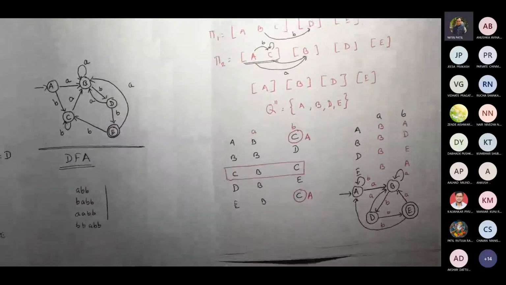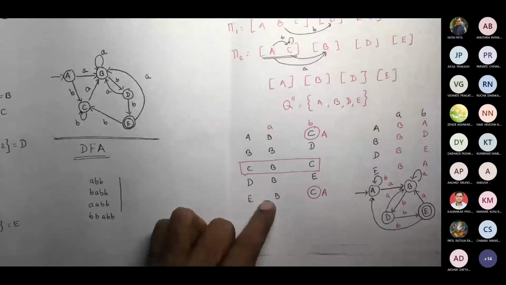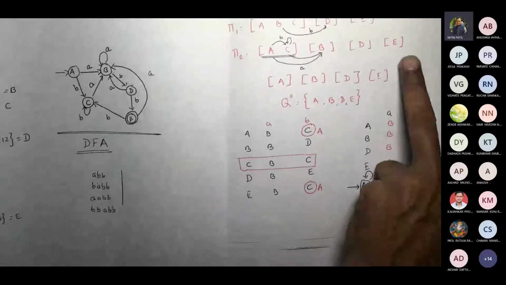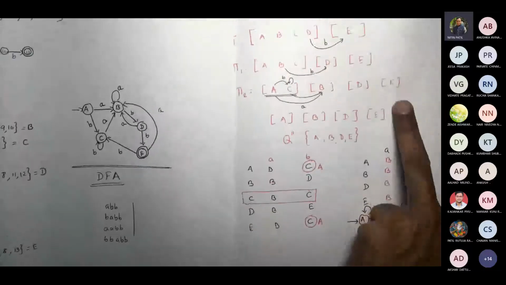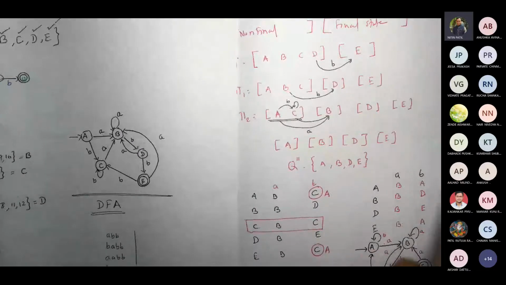Now you may wonder, we had three lines with BC as the option, BC, BC, BC. But then why haven't we taken this? Because this is actually in an earlier set only, which is different. That means it is a final state. That's why we could not have it here. With the assumption that if this E could have been a non-final, then probably all these could be taken in one shot, or one group only. Correct? Fine.